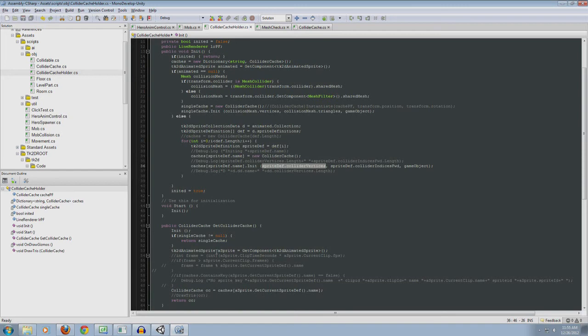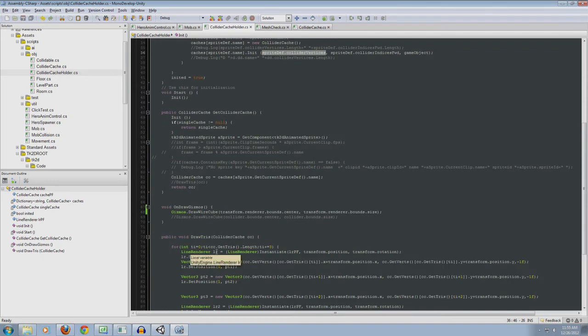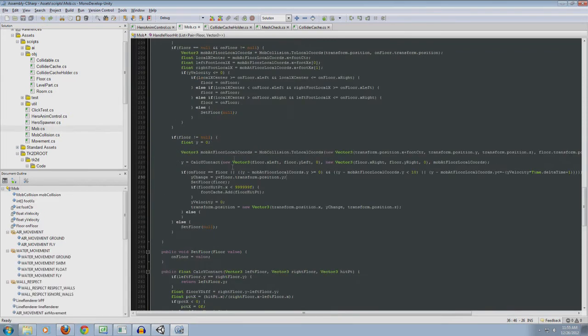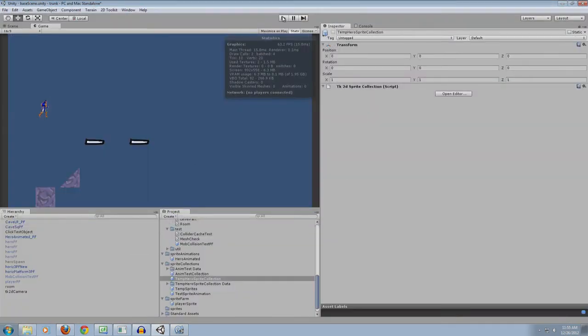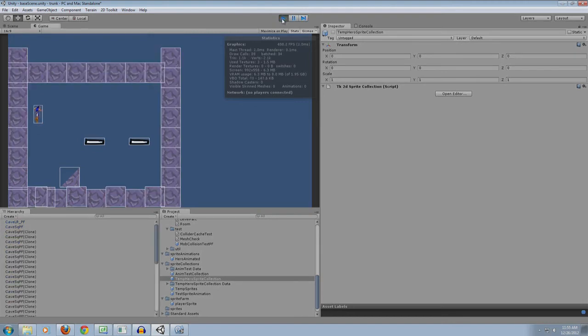Now, there was still a problem, and I can show you how that problem was working. I believe, oh no, I did delete but I can still show it to you. So, clicking on gizmos, you can see bounding boxes. What was happening here, you can see every time he uses his whip, the bounding box grows, and that's